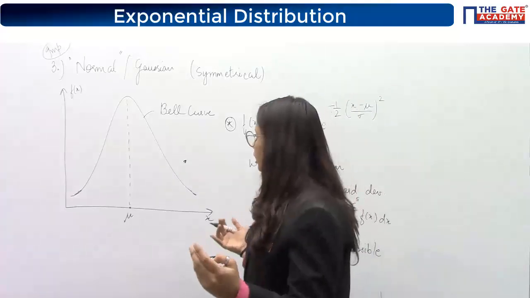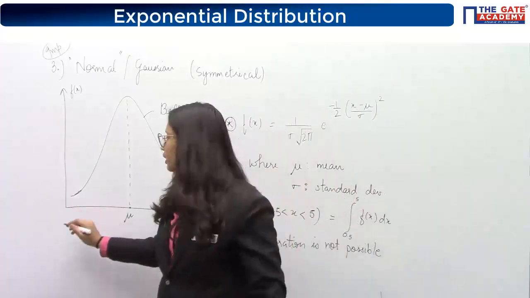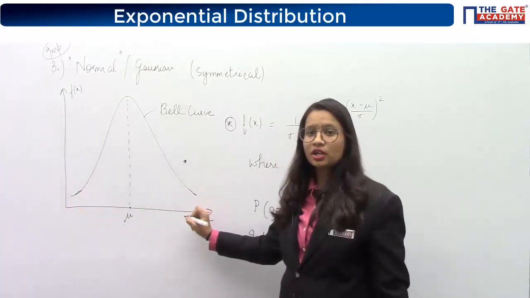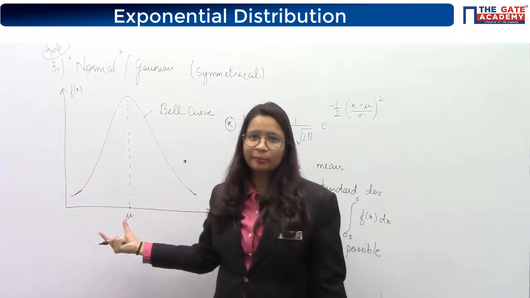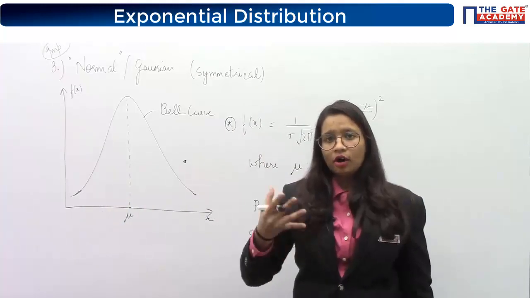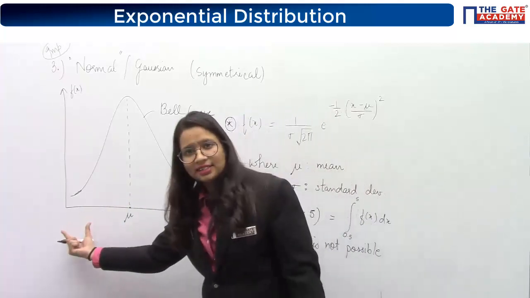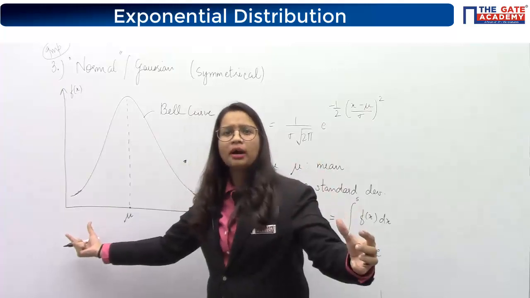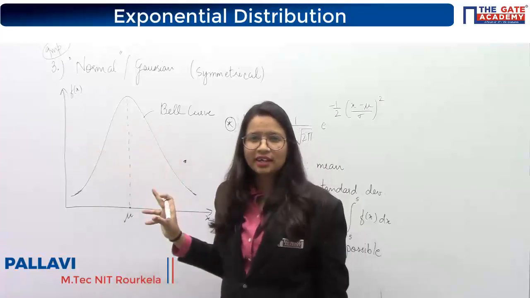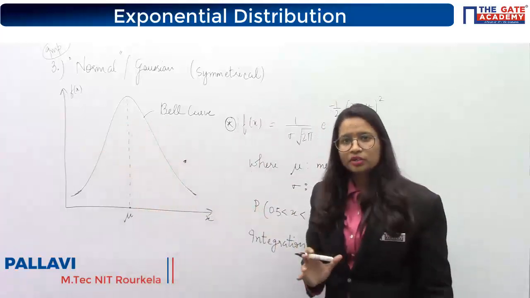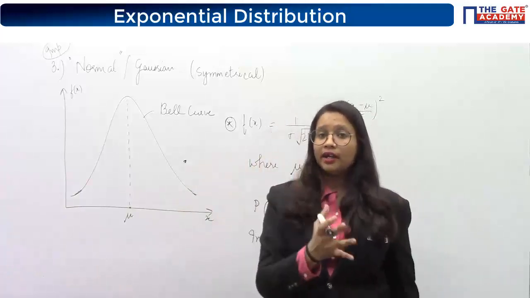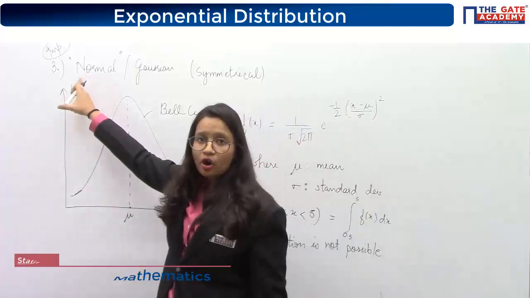If you look carefully in a society, there are very few people who are poor. There are very few people who are rich. But the middle class people, there are a lot of them. Yes or no? Similarly, if you ask about the number of students qualifying the GATE exam, there are very few students who will score very low marks. There are very few students who will score very high marks. But in between, in this 40 to 60 range, most of the students fall. So this kind of situation is followed by almost all kinds of real life and engineering problems. That's why it's known as the normal curve.